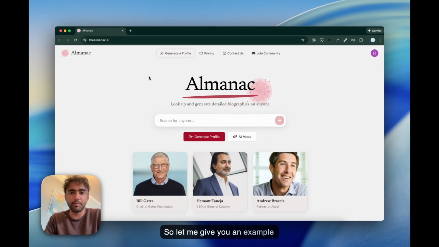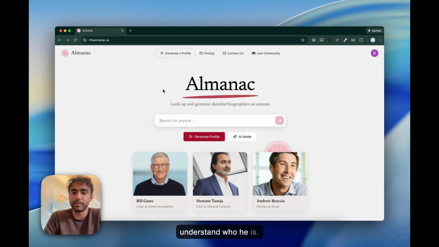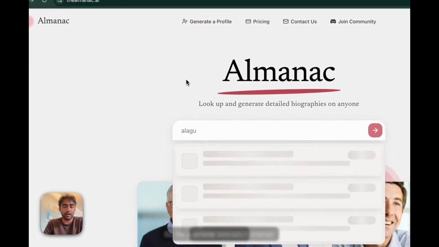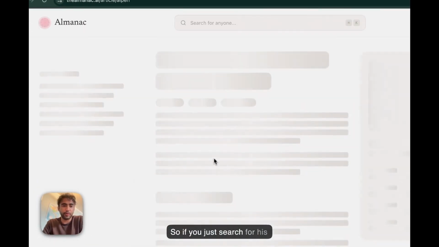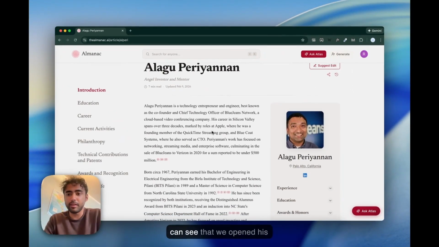So let me give you an example of how I would use Almanac. I am actually meeting an investor in the evening. His name is Alagu, and I just want to get some more information about him, to try to understand who he is. So he actually has an Almanac article already. If you just search for his name and click over here, you can see that we open his Almanac